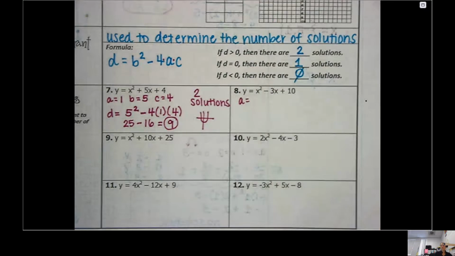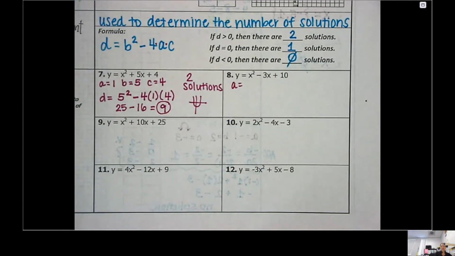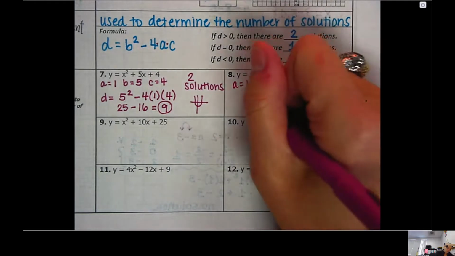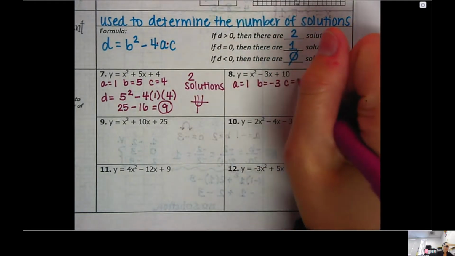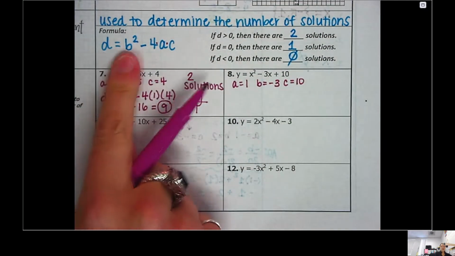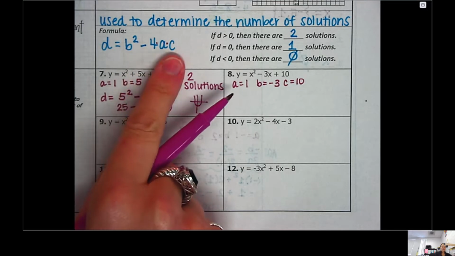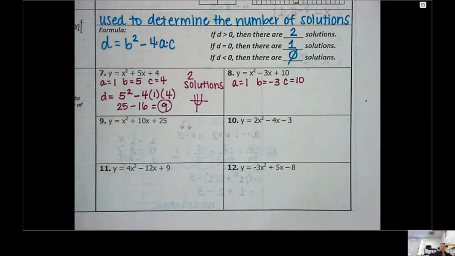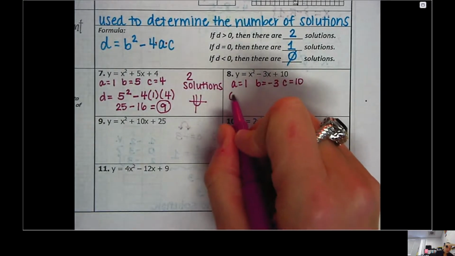Okay. Same way. Same exact thing. What's your A value for number 8? 1, B is negative 3, C is 10. Okay, we're going to plug it into the equation. B squared minus 4AC. So instead of B squared, what am I going to write? Good, negative 3 squared